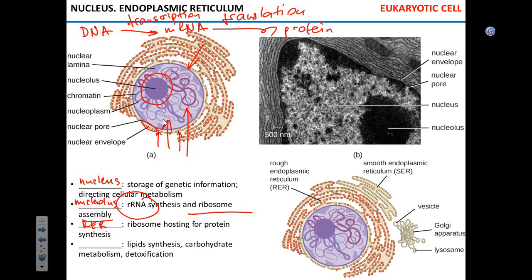There you go. So endoplasmic reticulum is essentially a network of membranes. It's like a maze of membranes. Part of that maze has ribosomes. That's where the protein synthesis happens. The other part of the same maze does not have ribosomes and is called smooth endoplasmic reticulum. Smooth endoplasmic reticulum is where lipid synthesis happens, where carbohydrate synthesis and carbohydrate metabolism happen, and where